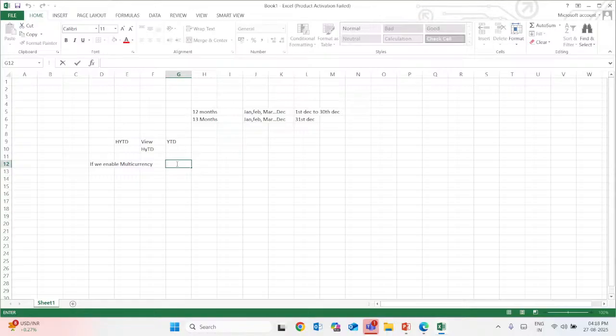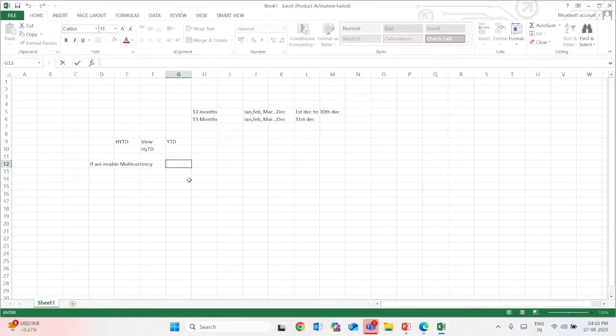Like if we are taking INR, then it's going to be converted to USD. If we enable this multi-currency feature, we get the option to translate the currency into the currency which we have to work in, or with the currency clients want us to work on. Okay,